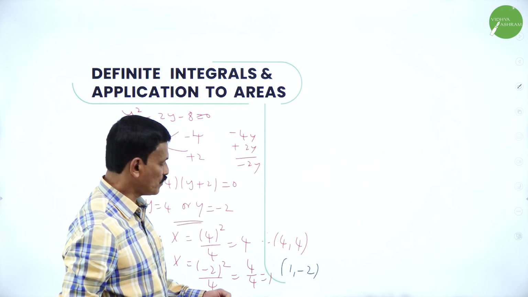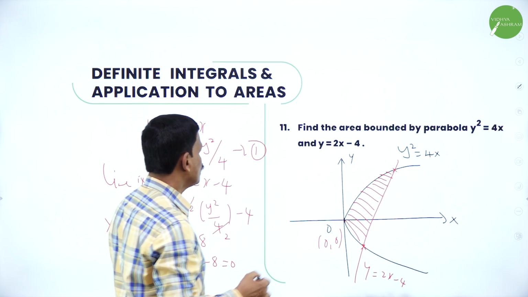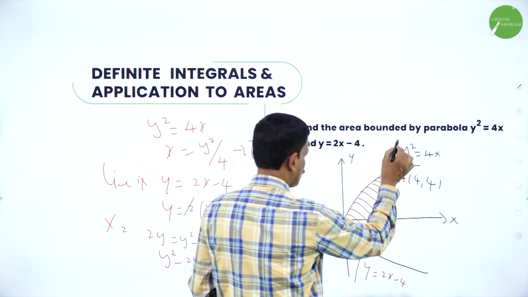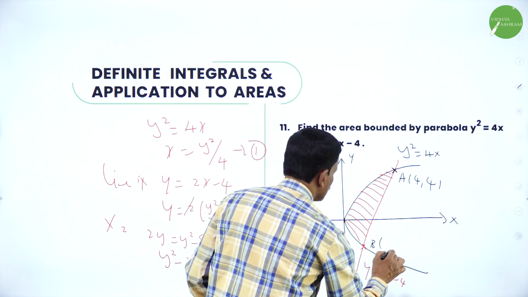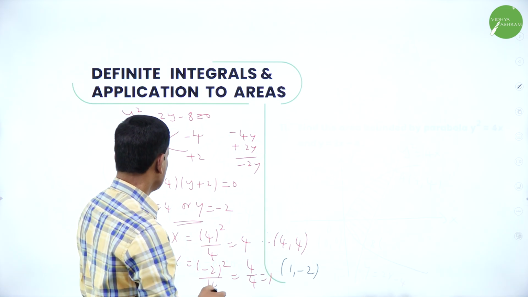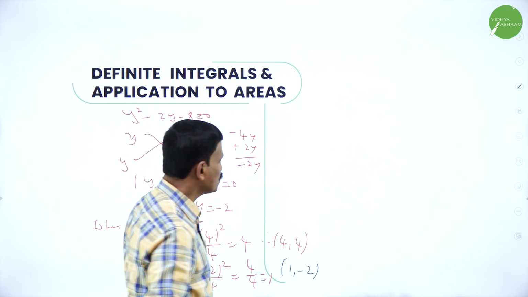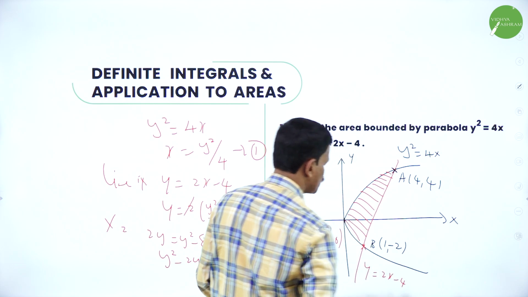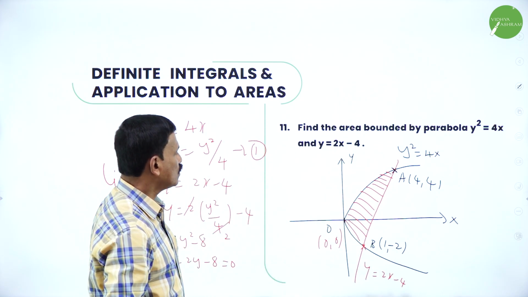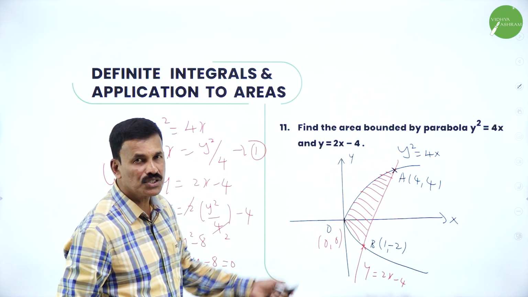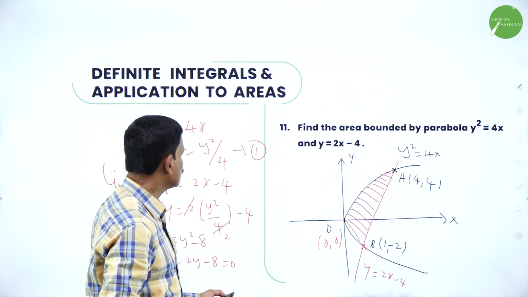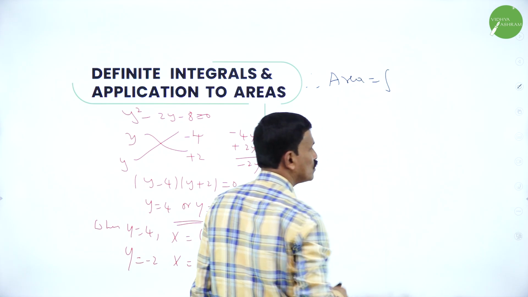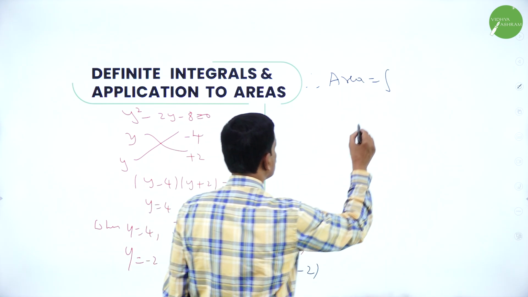So, these are the points of contact. This is, call it as a, when x is 4, y is also 4, and this is b. What is b? b is nothing but when x is equal to 1, y is equal to minus 2. These are the points. Right. Now, just find out the area enclosed between these two curves. So, for this, therefore, the required area is equal to integral minus 2 to 4